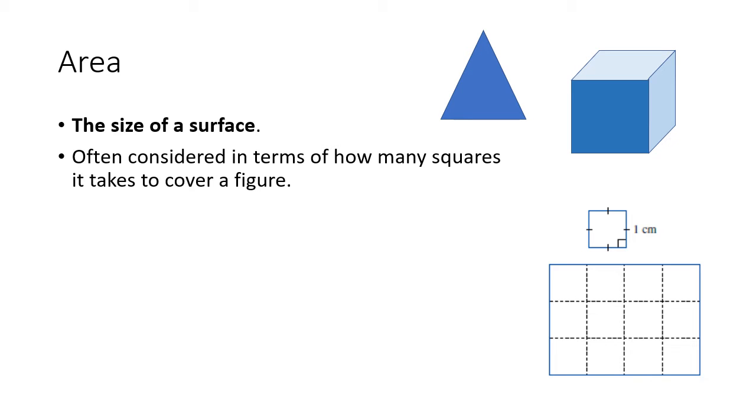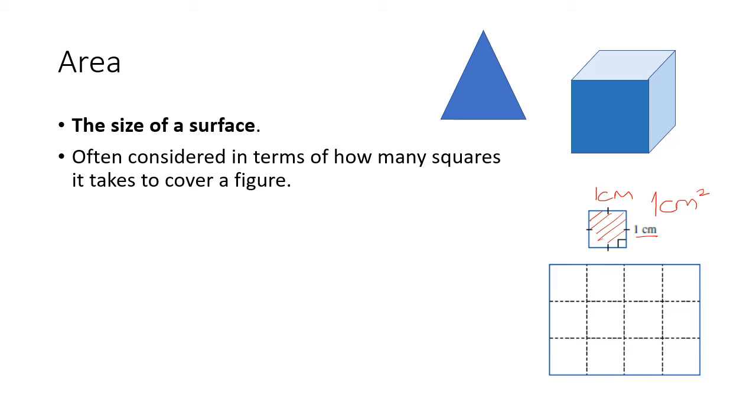When we're thinking about area, we're really considering how many squares it takes to cover a figure. Over here on the right, we've got this little square which has 1 centimetre on the right side, so it must also be 1 centimetre across the width. So the area enclosed by that square is going to be 1 square centimetre,